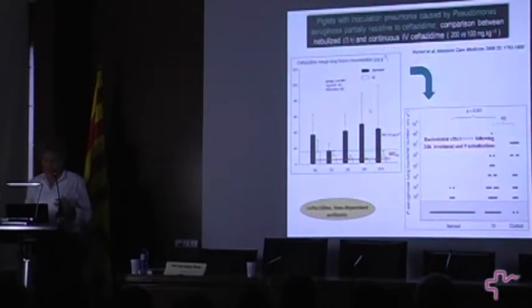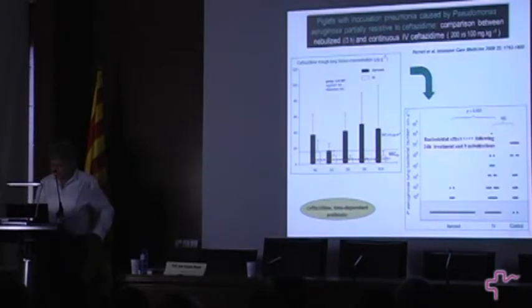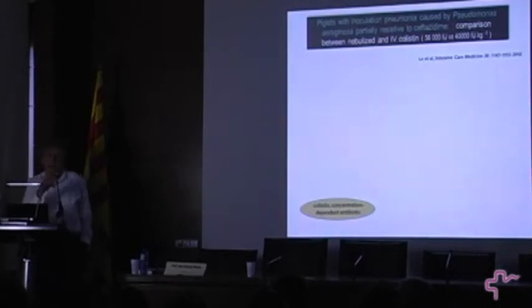In another study, we inoculated sensitive Pseudomonas aeruginosa, and in the intravenous group, we could reach 60% of sterile segments after 1 day of administration. So it means that in clinical practice, the intravenous administration of ceftazidime is efficient to kill sensitive Pseudomonas aeruginosa very rapidly. The third experiments were in the same model, inoculation of Pseudomonas aeruginosa partially resistant to ceftazidime, but then we